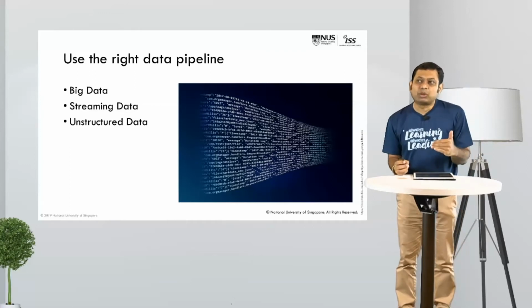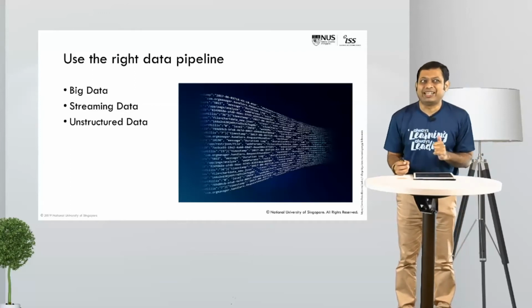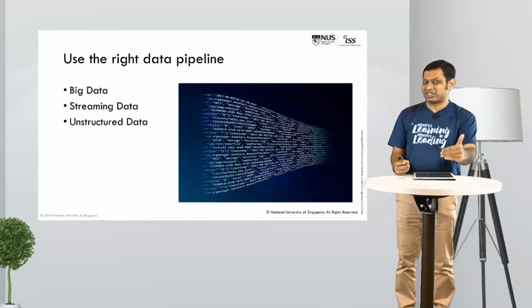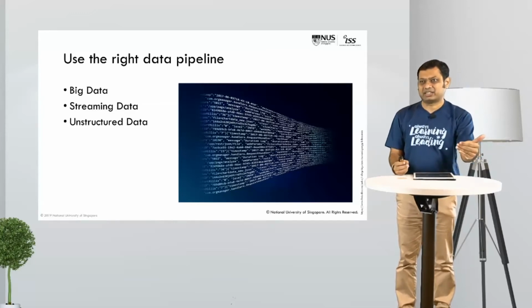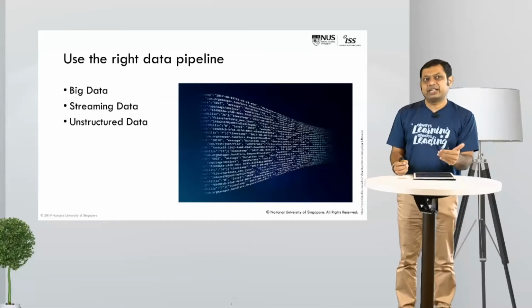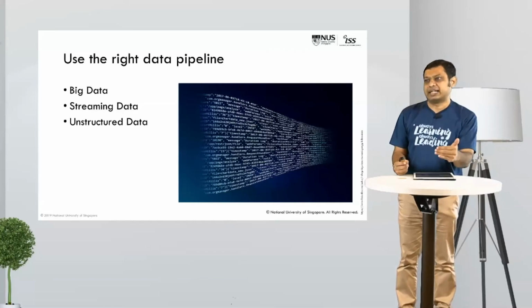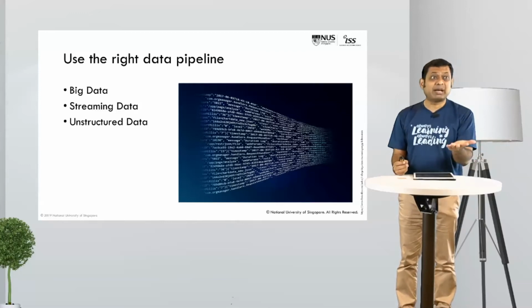Another category that I want to talk about is streaming data. When you're talking about streaming data, you're talking about real-time or sometimes near real-time kind of data. And this is where you need a special kind of algorithms to be able to handle that. An example of real-time analysis is Google Maps.